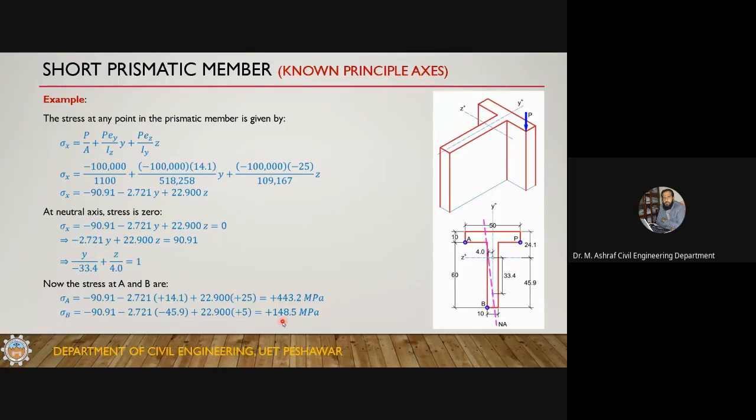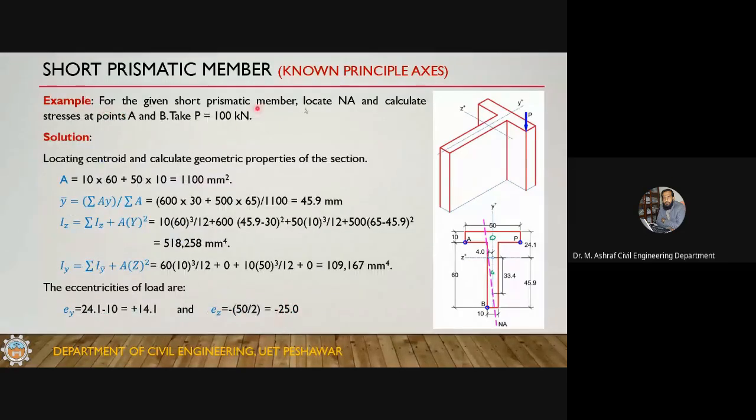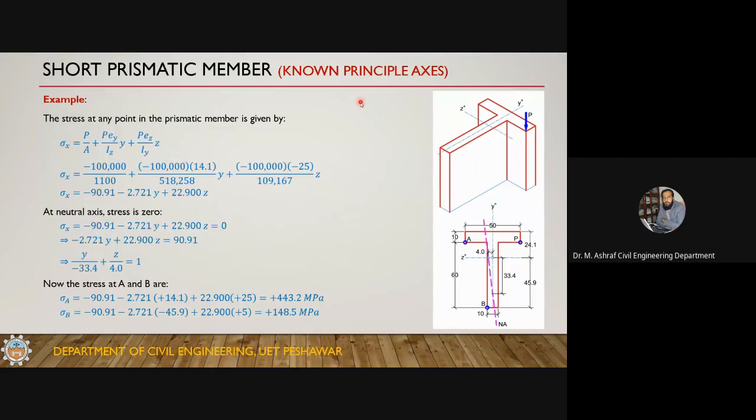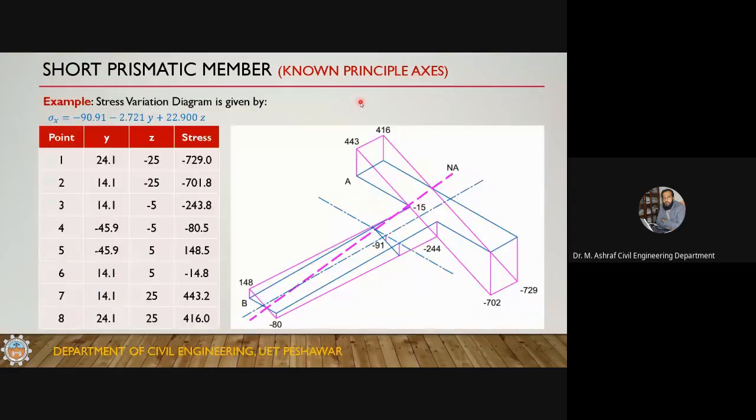Now in the coming slide, this is now over. Let me read the statement: locate the neutral axis and calculate stresses at points A and B. So we located the neutral axis and we calculated the stresses. So now the problem is over. But I am not ending it here. I have extended this example and I am calculating the stresses at all the corners of